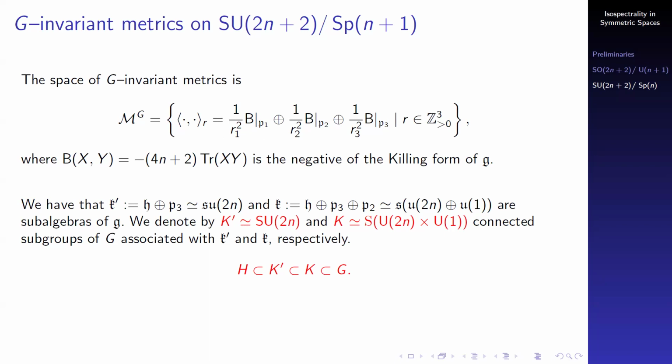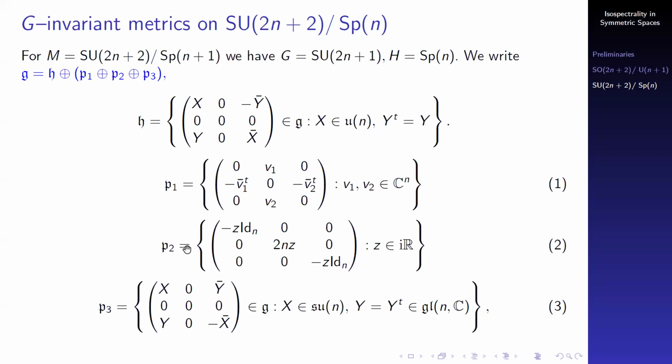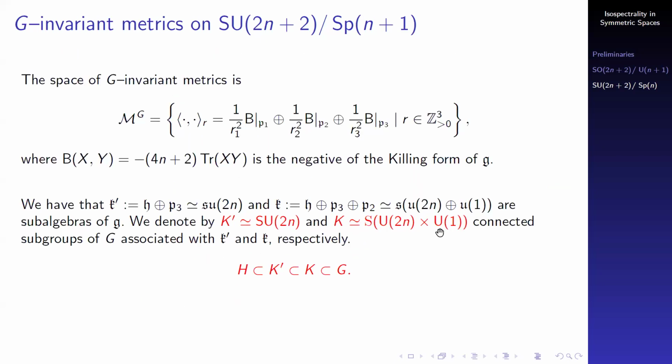And in this case, we can construct two intermediate subgroups. So we know that if we take H plus P3, this is SU(n). And if we construct K as H plus P3, which is H plus K prime plus P2, this is P2, this is SU(n) plus U1. We have these two subgroups,